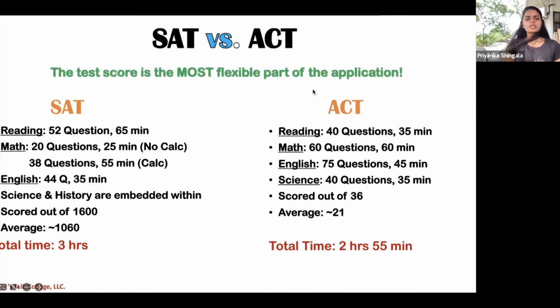Keep in mind that your test score is the most flexible part of your entire application, because it took 3 years, maybe 3.5 if we're including senior year grades, to create your GPA. It took years to do your extracurricular activities, sports, everything, but it took 3 hours to take this test, right? And if you mess up the one time, you spend time preparing and you retake it, and you can change dramatically depending on the amount of time you spent prepping.